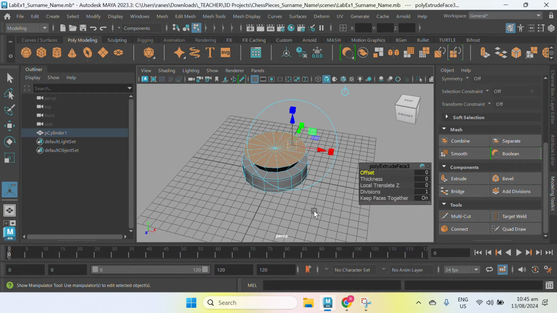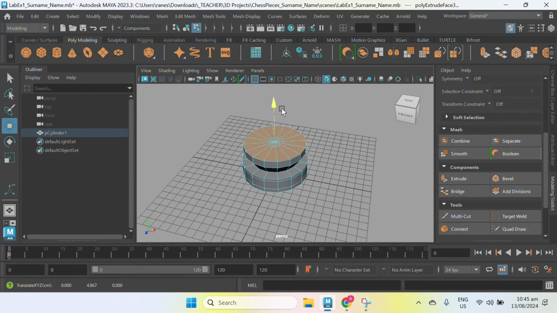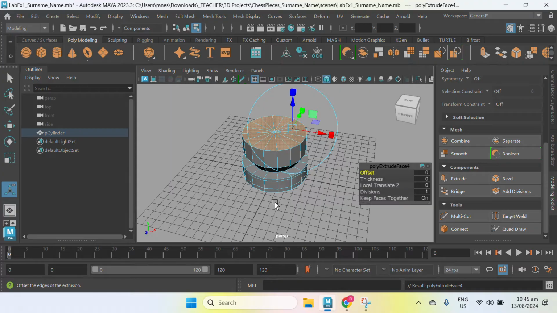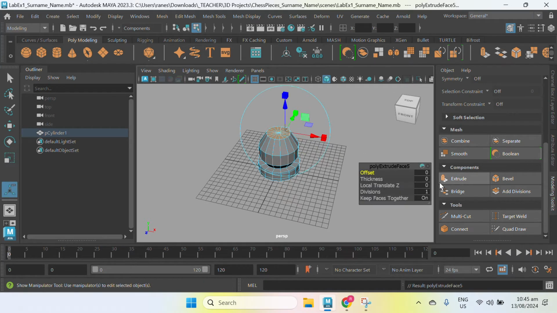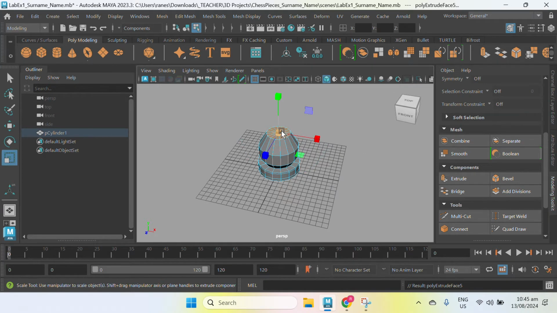Next, extrude, W, arrowhead upward, another extrusion, W, arrowhead upward, rescale, click and drag to the left. Next, extrude, rescale, click and drag to the right, extrude, W, arrowhead upward.